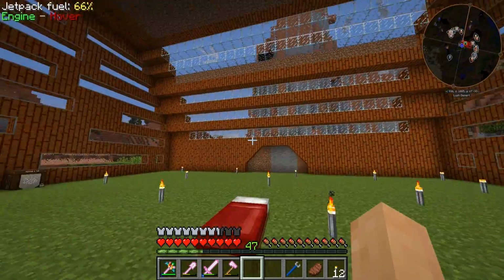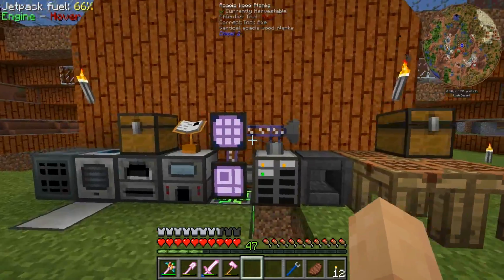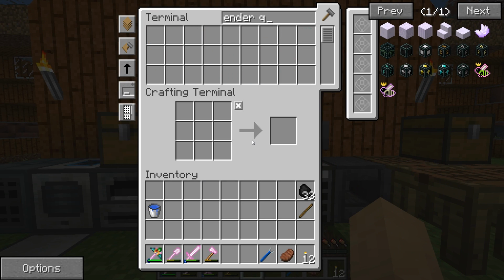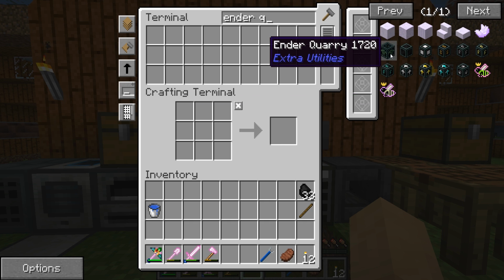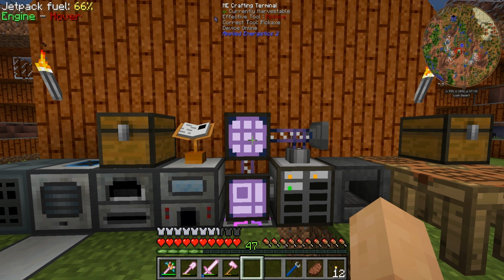And yeah, for that you need nighttime. So I'm probably going to go hunt for some ender pearls because I think our next step is to make ourselves an ender quarry. And we basically just need ender pearls. Not a big deal. This requires quite a few of them. I'm not going to lie. And yeah, actually,